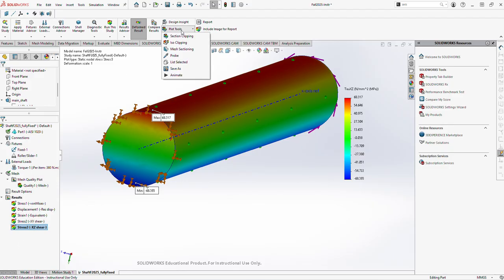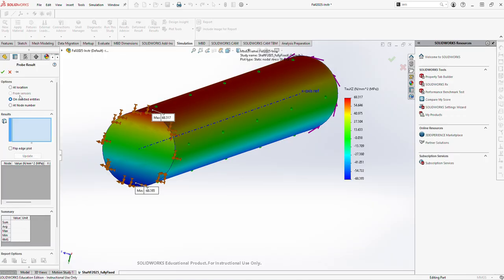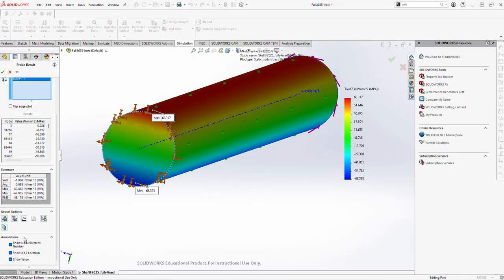So now again I will go into the probe tool. I will select this edge and I will, sorry, I first need to say on selected entities, then select this edge, then update this, and now you can see here the values are changing, and the graph actually looks reverse of the previous graph, so it is almost zero over here, goes to the negative maxima and goes to the positive maxima at around this location. So with that, I can now simply copy the data using the copy to clipboard option,